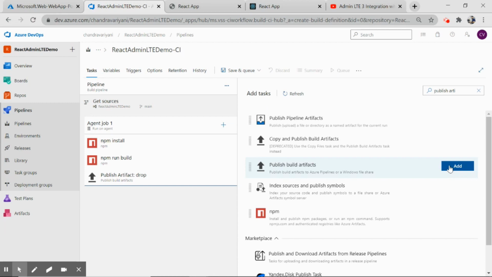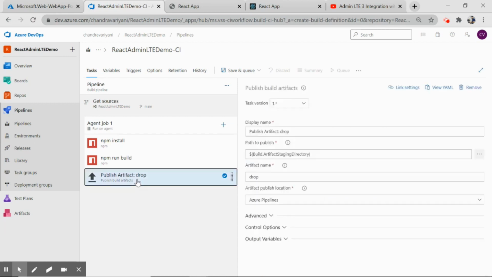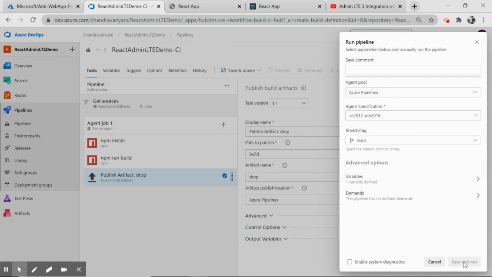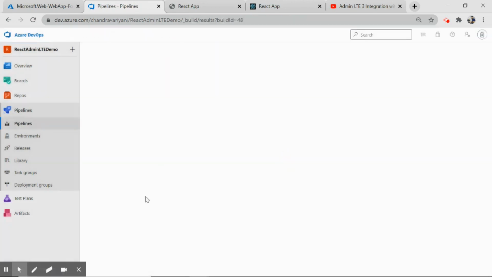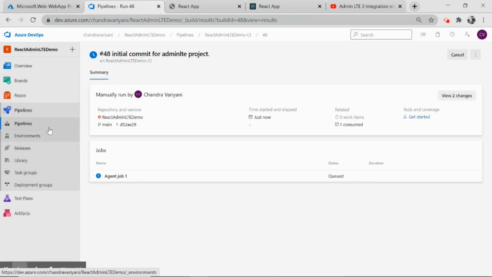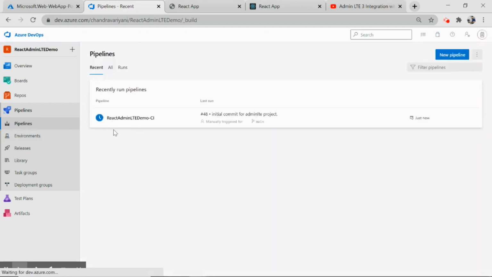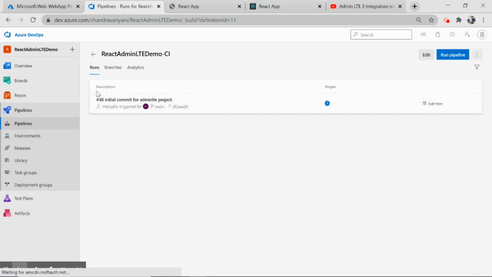and you have to make a few changes here as well. So the first one is, at first click on here and change this path to build, and leave the other things as default. Click on save and queue, sorry, click on save and run. So what it will do is run all the tasks which you have defined in this pipeline. If you just go to your pipelines and click on here, you can see this clock indicates that it is about to start, that it is in queue.